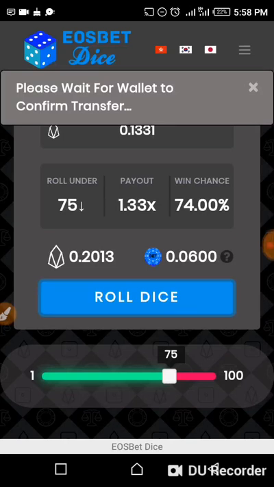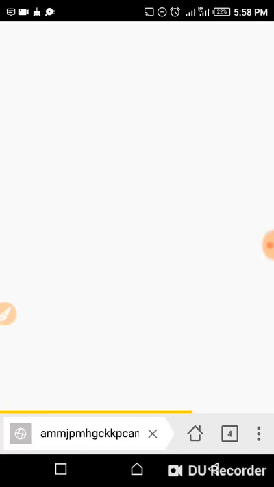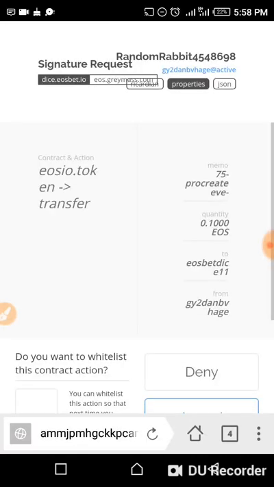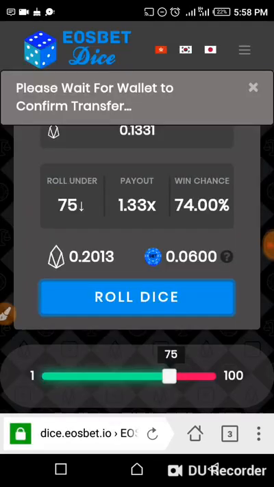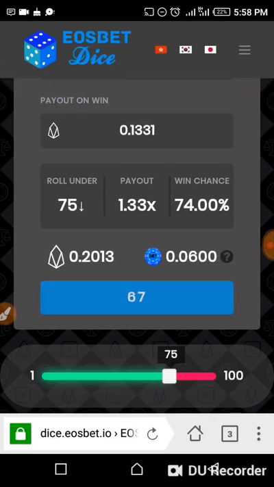We'll wait for Scatter to approve this, the interaction with the app. So Scatter is trying to interact with the dApp here. So I accept, waiting for it. So I roll again and I won again. So you can see it has increased again,